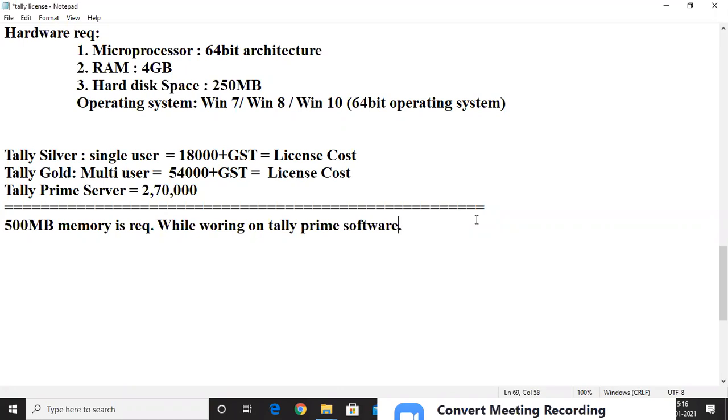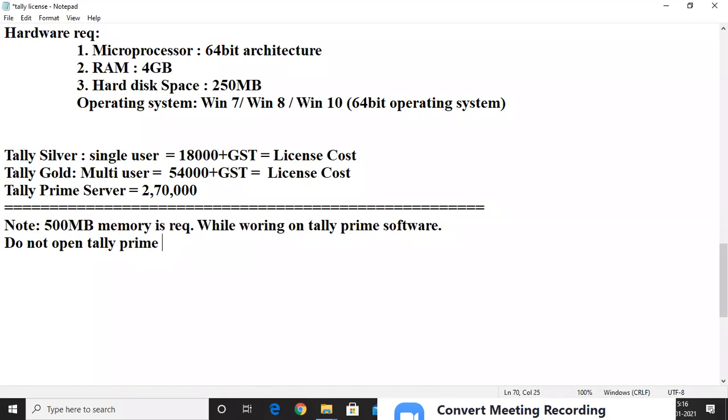But this is very, very important: do not open Tally Prime software more than one time.